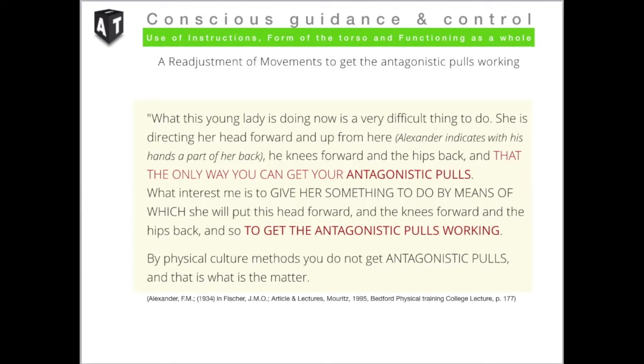So I'm going to give you a resume, but you have to understand that I went through loads of interrogation, experiments, reading the books, trying to get my students to do new coordination of movement using series of instructions. And along the years, after 15 years, I have now a very, very clear idea of what Alexander meant by antagonistic pulls, which is, you will see, quite simple: elastic resistance. So